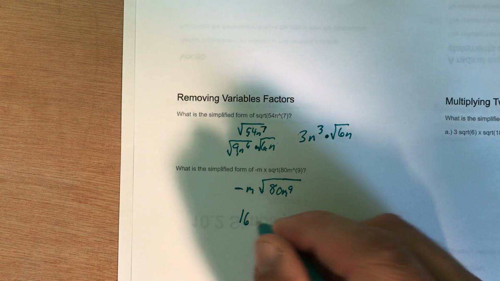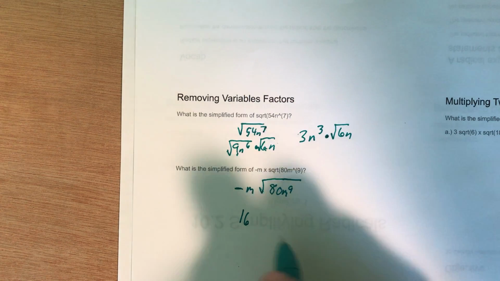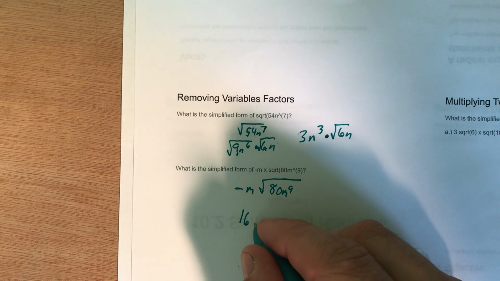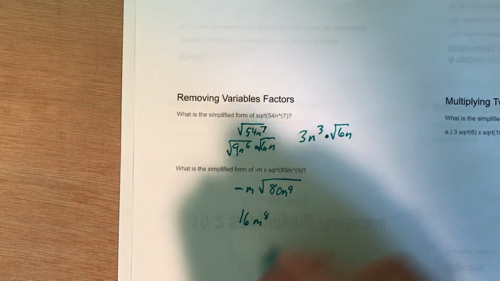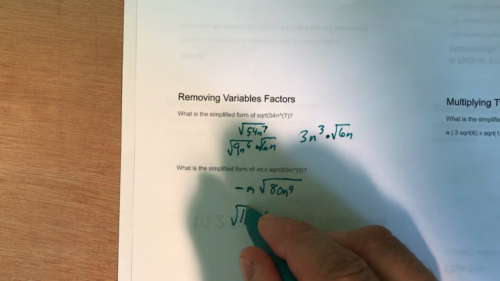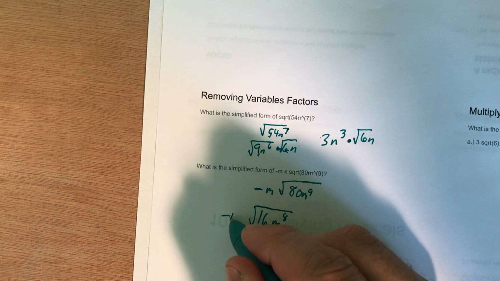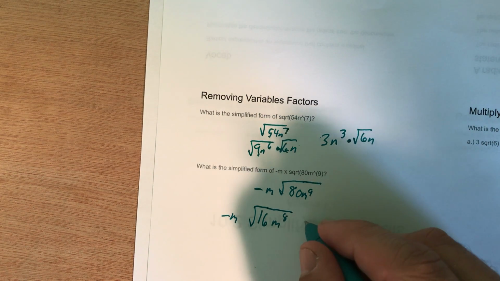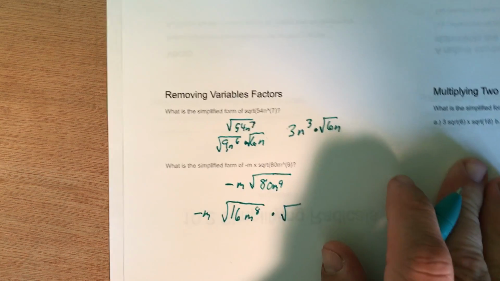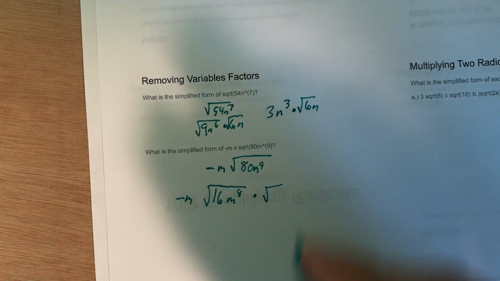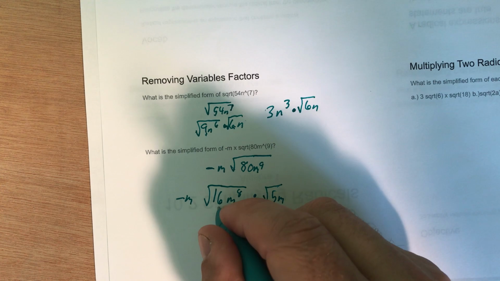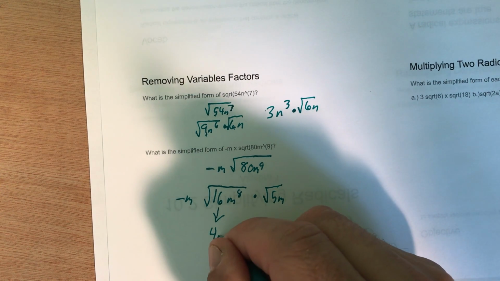So 16, because that's a perfect square. Looking for m, well, I need an even one, so I'm going to take m to the 8th. So I'm going to subtract 1 to get down to the one that I need. You have negative m times the square root of 16m to the 8th, what leaves me times the square root of 5m. Okay, if I bring this down, I'm going to get 4m